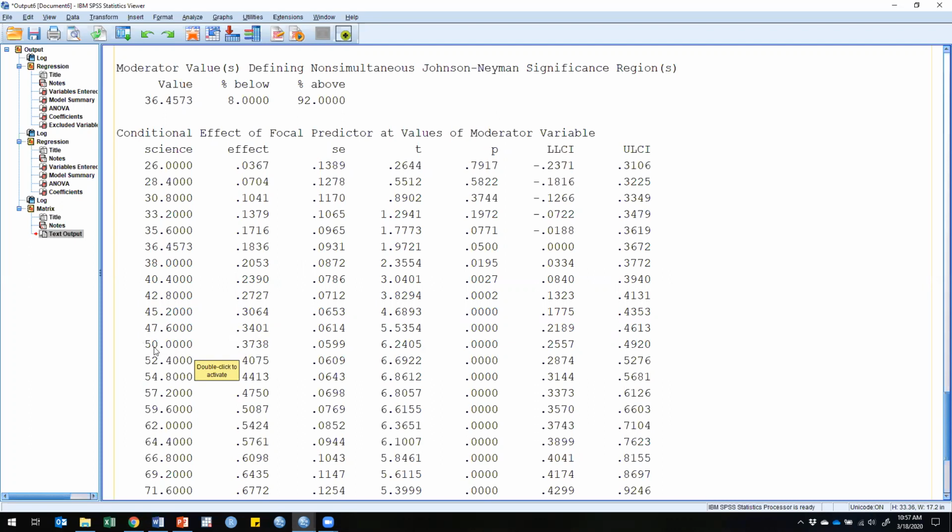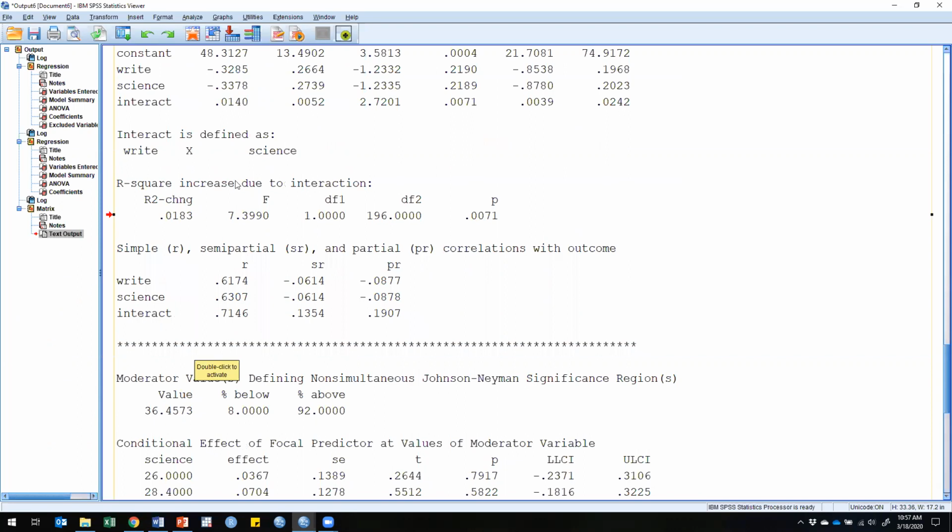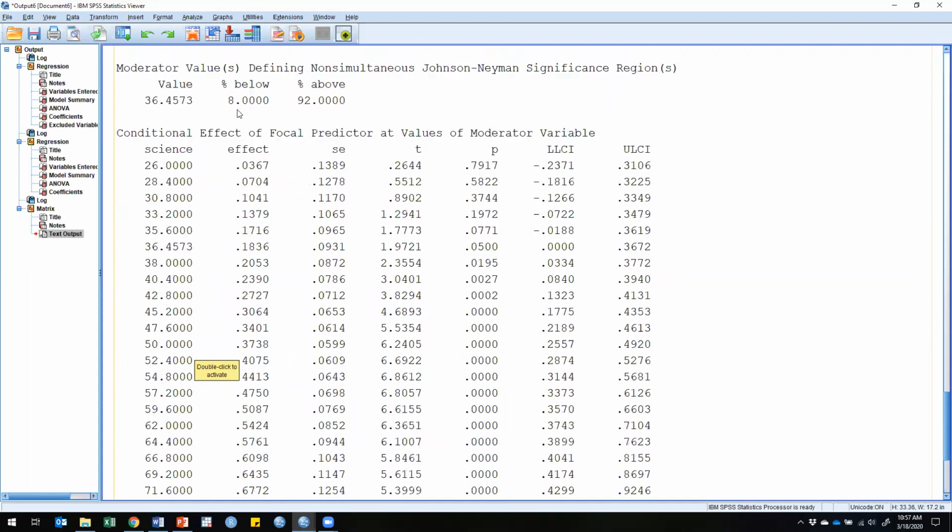If we went from 50 to 51, this would increase by the interaction effect, by 0.014. So let's see, we're going from 50 here, and the conditional effect is 0.3783, so